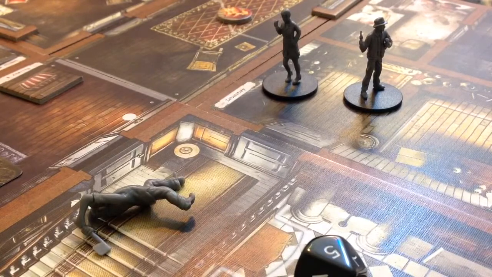So in that case, I think Monterey Jack is not going to do anything with his turn. Yeah, there's nothing really he wants to do, so he's just going to stay there on his turn. Sort of a waste, but he doesn't want to move anywhere else. Well, I guess...